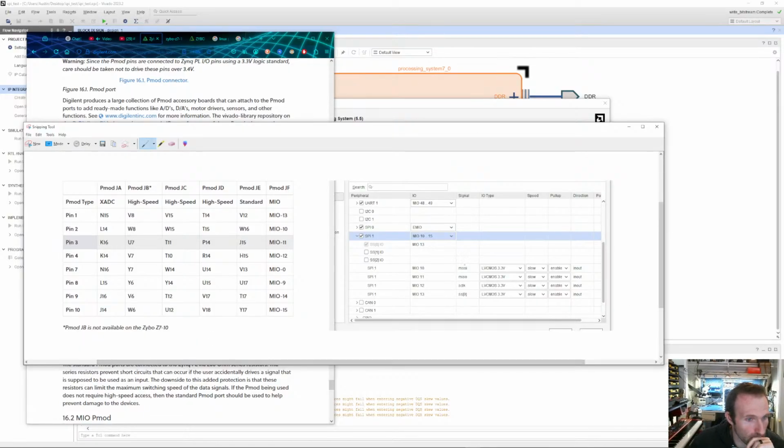Okay, so MOSI here, that's MIO 10. So that goes to that one. MISO is MIO 11, and then it goes to pin 3. Clock,